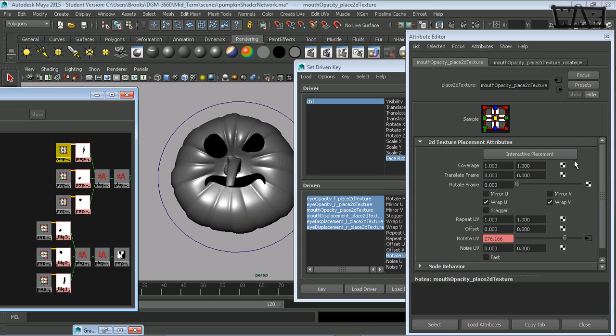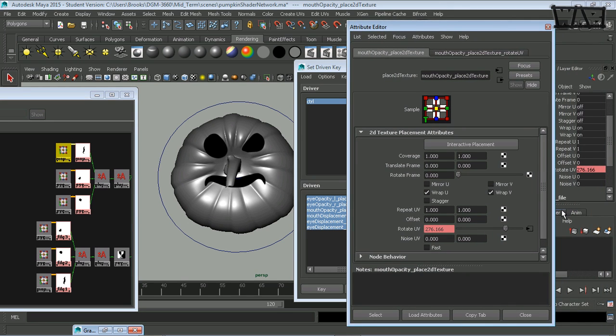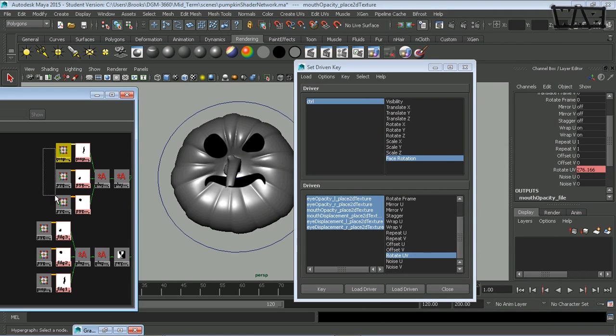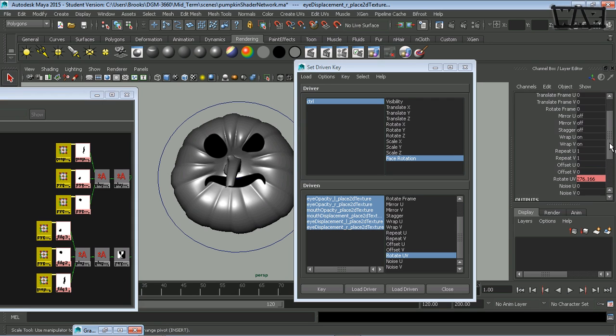So if I press Control A with one of my Place2D texture nodes, I can adjust these attributes. In fact, maybe it's better to do all of them at the same time like I've been doing, just to see what happens. So